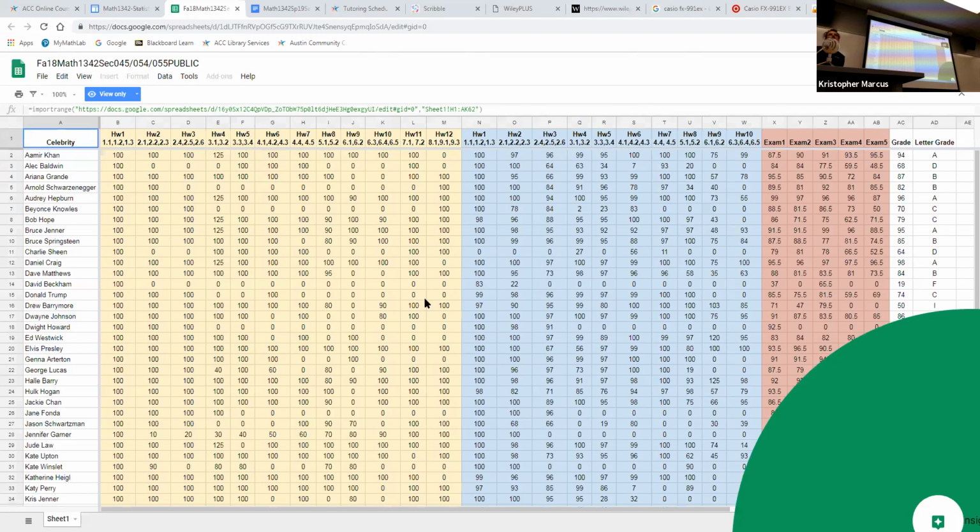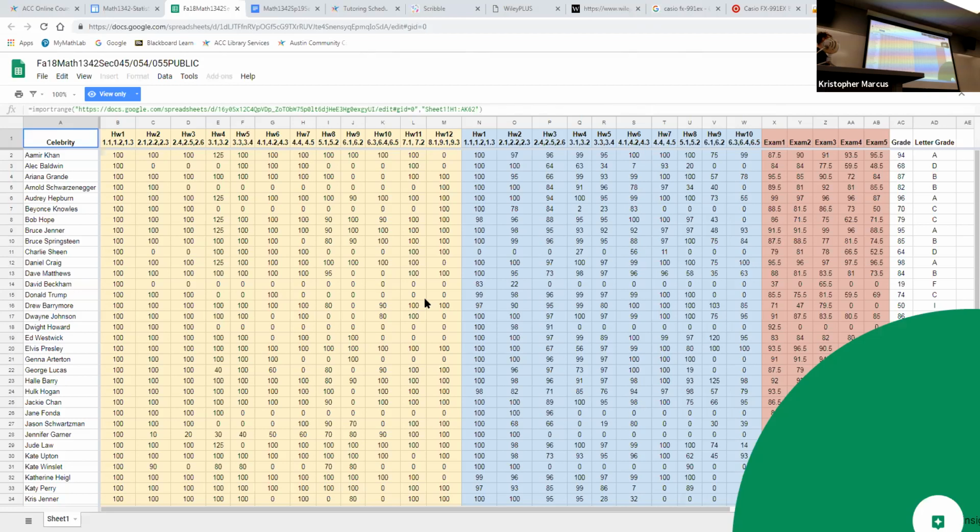So the way this is going to work is as follows. I have a list of randomly ordered celebrity names. When you turn in your first homework, I'm going to give you one randomly. I'll hand it back. That'll be your name in the grade book for the rest of the semester. This helps keep it private, so we're still adhering to FERPA. We don't have your name or student ID. Don't tell anybody who you are in the celebrity grade book.